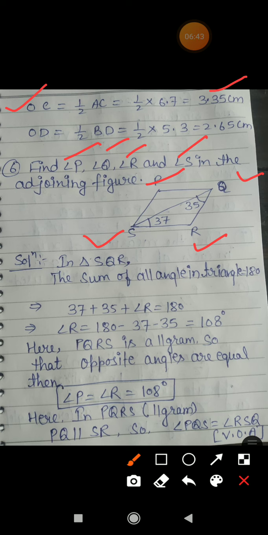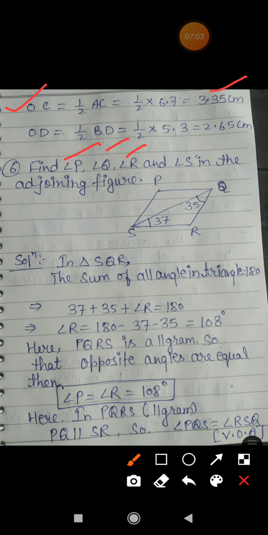And also opposite sides are equal. You very well know who is the opposite side here. The opposite sides are PQ equal to SR and PS equal to QR. This property is given by the parallelogram. And after that you have one more condition.